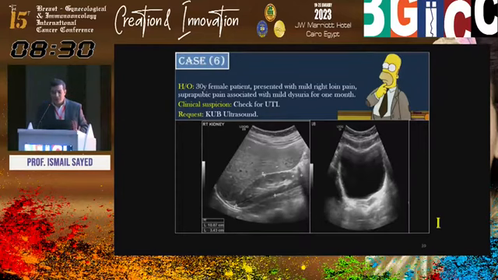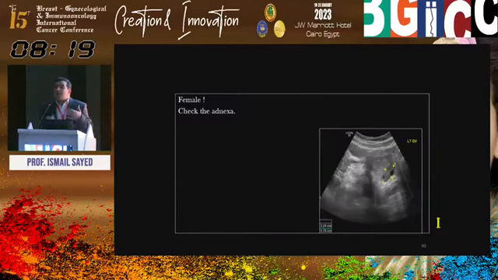Yes, but ignorable. I'm looking for a cause of pain, not just cystitis. Urinary system looks fine, kidney fine, urinary bladder fine. Should look for adnexa. Left ovary is well seen. I cannot see the right ovary. Anything in the pelvis? This echogenic structure may be bowel, maybe